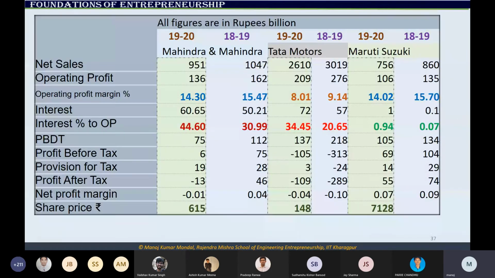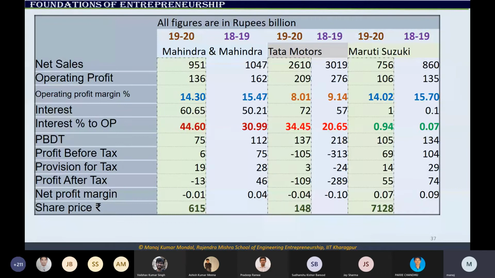This is an example to demonstrate the utility of different kinds of profit. I have compared Mahindra and Mahindra, Tata Motors and Maruti Suzuki across the same two years. For Mahindra, total sales were 950 crore and then 1047 crore and the like. Then I have estimated the operating profit and operating profit margin. Look at the margin. Mahindra has the best margin, 15.47, 14.30, etc. Whereas Tata Motors has the worst margin at the operating level, but they have positive operating profit. Whereas Maruti has a good